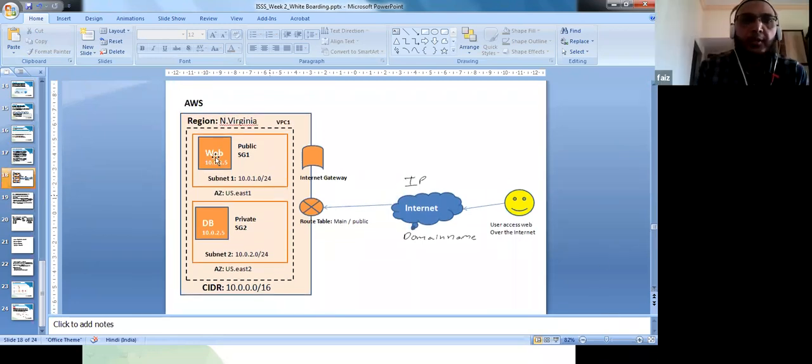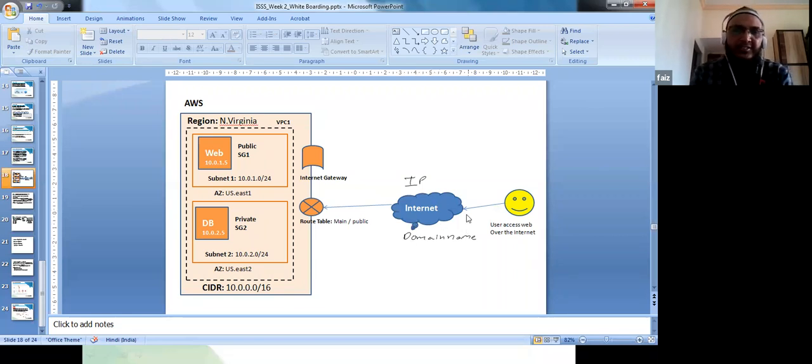So until now we did these things, right? And how were we accessing our instances? We were using the public IP, because in the custom VPC we did not specify any DNS. So we were just copying the public IP and pasting it in the browser, and I was seeing the web page content of that particular web server.